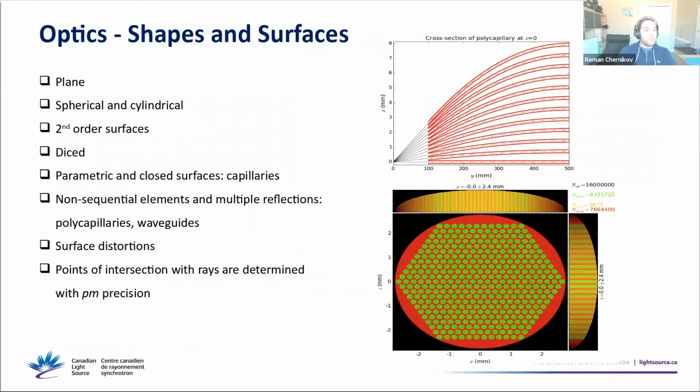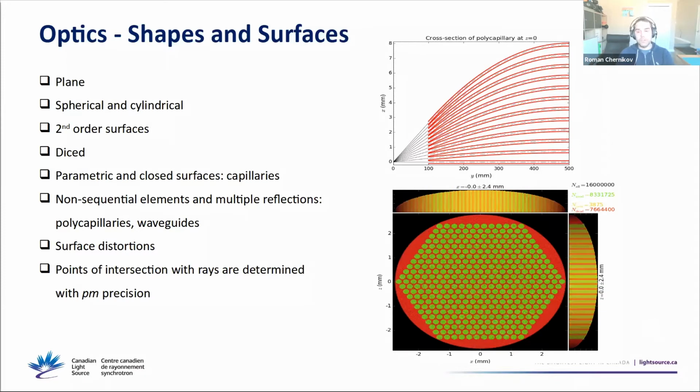Now, a few words about other capabilities. We support different shapes and surfaces. It can be plane, obviously plane elements, then most of the conical sections. What other unique features? We can do non-sequential propagation, and we can expose multiple elements at once and see how the beam is interacting with multiple elements. We can also use multiple